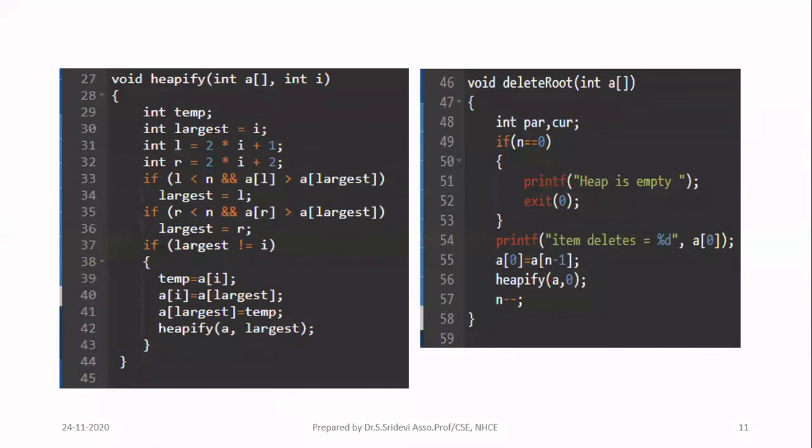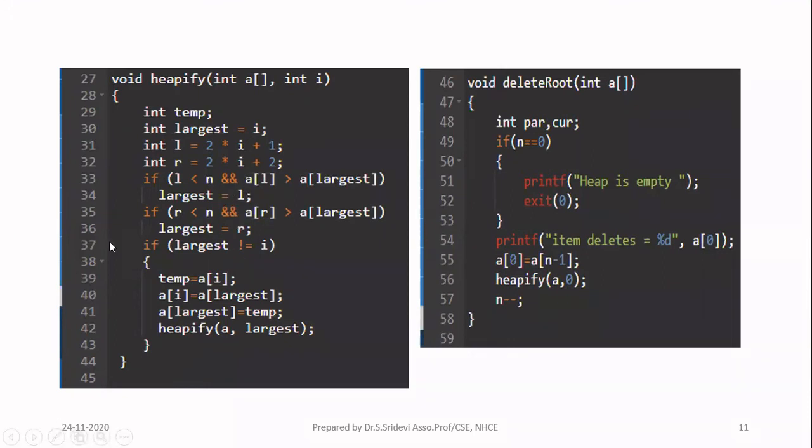So you can compare. Suppose if L is greater than or equal to N, it means that no child nodes are available for that particular node. That is the leaf node. It doesn't have any children, so don't go for any comparison. For that only we are writing the second condition. N is going to tell you in which index your next element can be stored. So I can start my process only while L or R is less than N. If it is equal to N, it means I have reached the last node, so I cannot continue further. That is the second condition in the if statement.